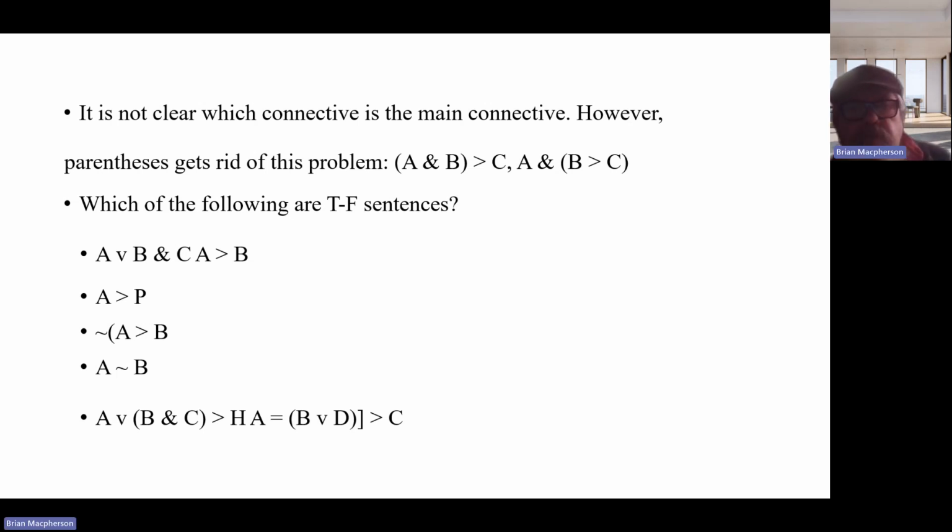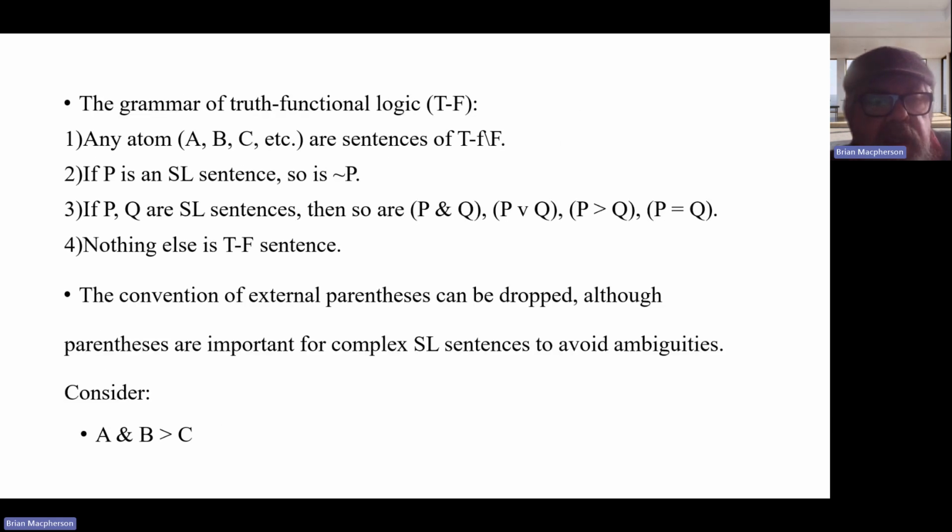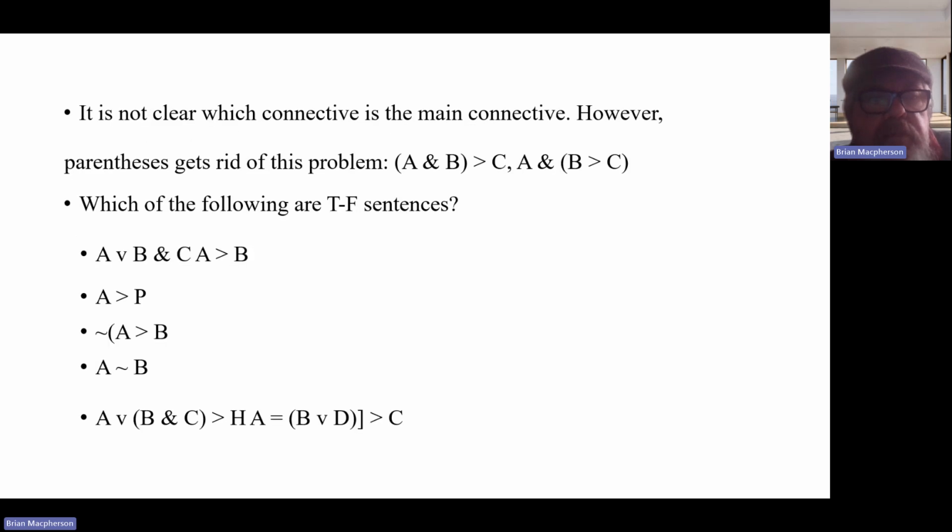So therefore, A and B in parentheses, then C, that tells you that if then is the main connective, right? A and parentheses B then C tells you that and is the main connective. So to disambiguate a sentence like A and B then C,